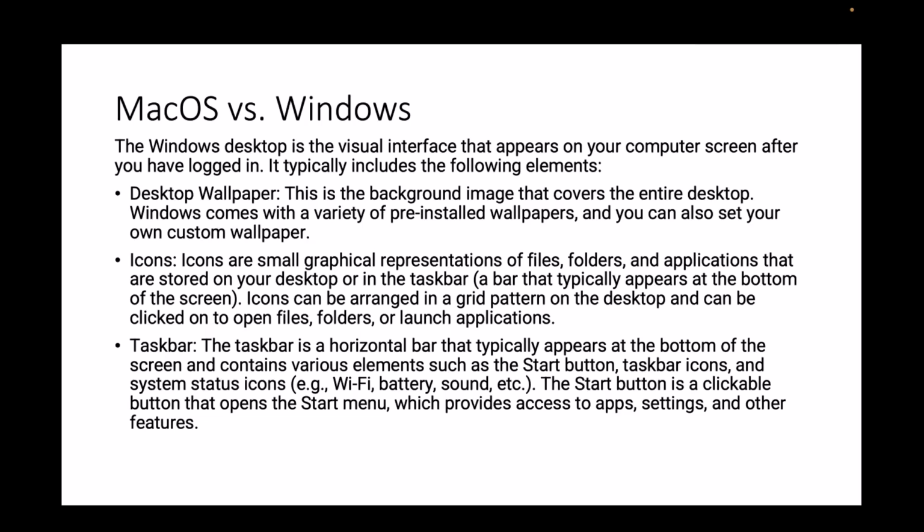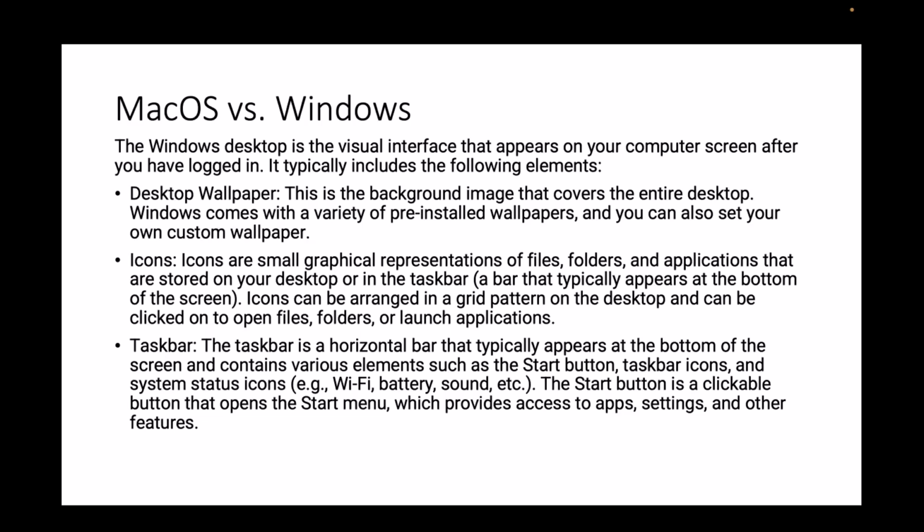Icons. Again, icons are small graphical representations of files, folders, and applications that are stored on your desktop or in a taskbar, the bar that typically appears at the bottom of the screen. Icons can be arranged in a grid pattern on your desktop and can be clicked to open files, folders, or launch applications. The taskbar in Windows is a horizontal bar that typically appears at the bottom of the screen and